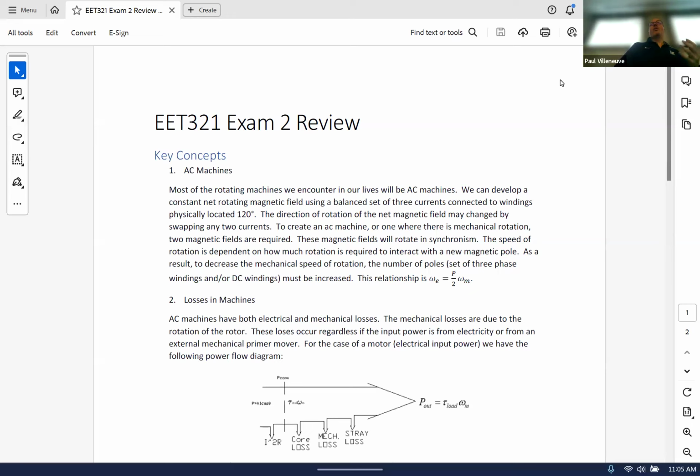And then once we knew what those would give us for positive current going in, we could add those vectorially to end up with a net magnetic field. So all those magnetic fields inside the machine are going to add together to create one magnetic field. So when we applied a set of balanced 3-phase currents to those machines, again, those are the same magnitude, offset by 120 degrees,